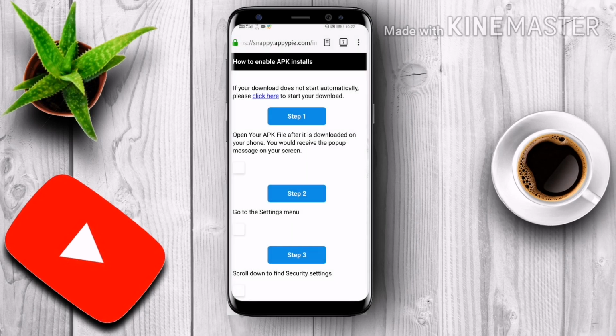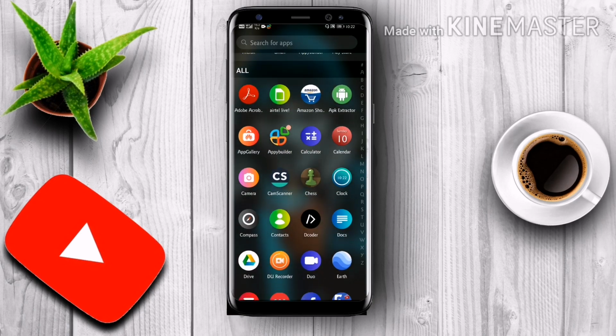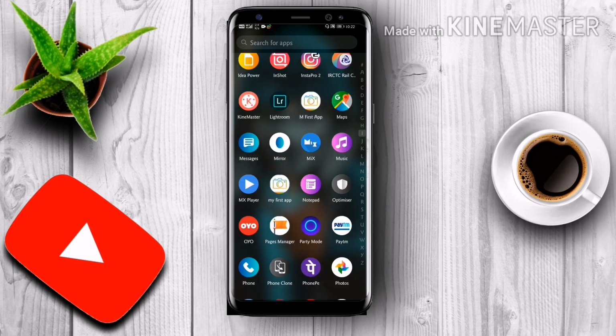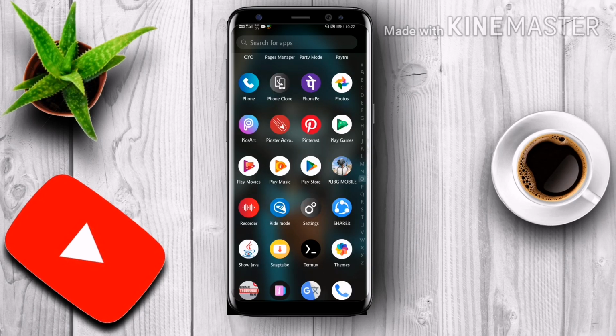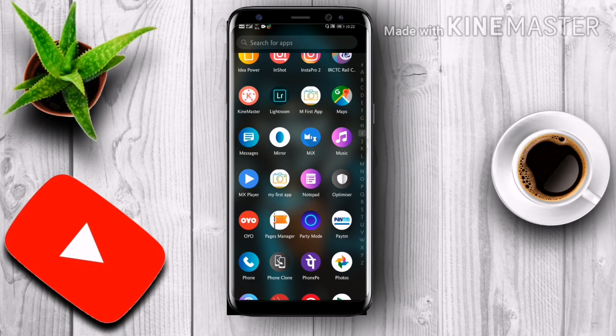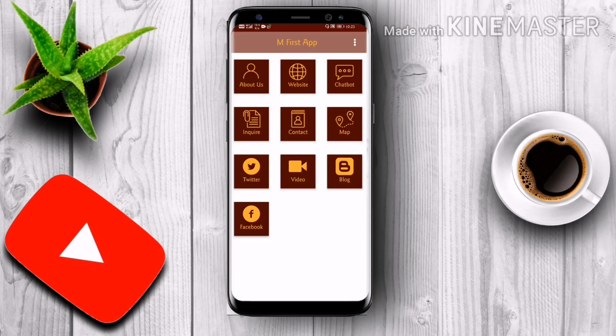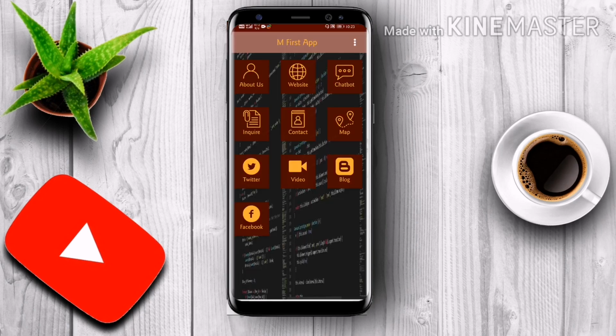Now come to the home screen and you can see your app. Just search for it. Here you can see my first app. You can open it. You can see your background and now your features, what you have added in your app.